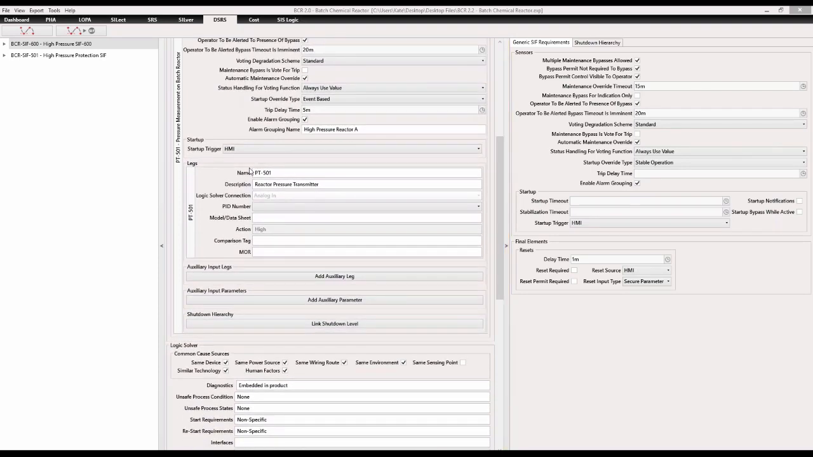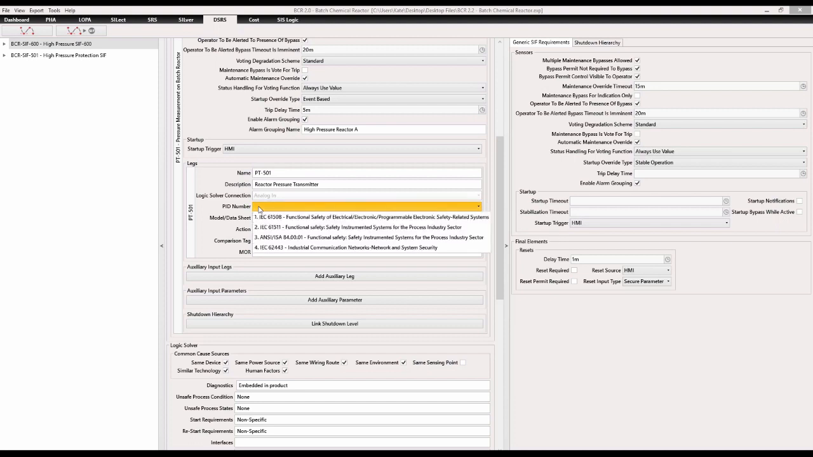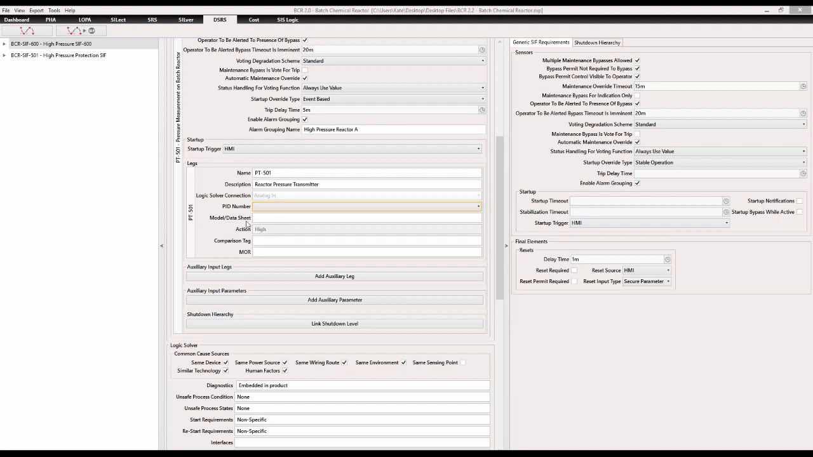What is your startup trigger? What are your legs? Is there a P&ID number you can link from the references in the library? What's your model data sheet? Do you have comparison tag, maintenance override? And then in here you can put in auxiliary legs, auxiliary parameters, and you can link a shutdown level from